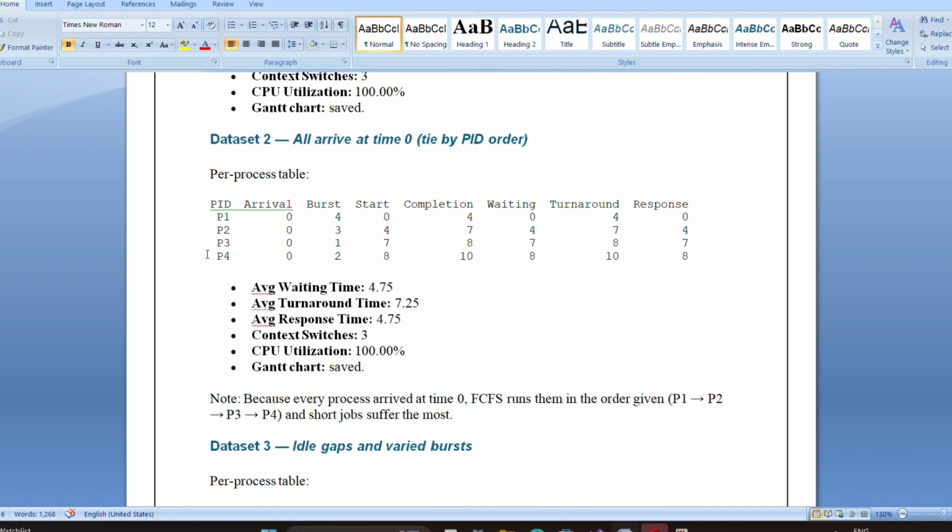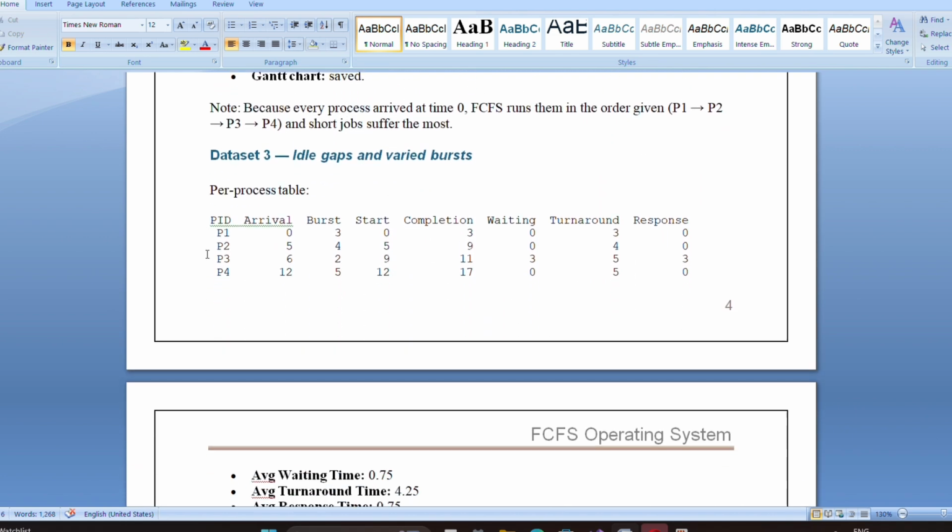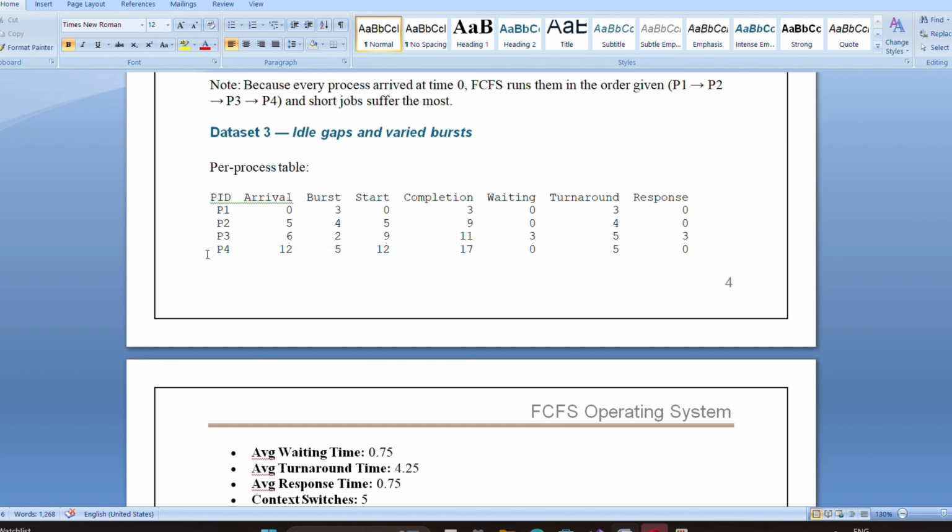We took P1, P2, P3, P4, and arrival time 0, 5, 6, 12, burst time 3, 4, 2, 5, and starting time of P1 to P4 is 0, 5, 9, 12. Completion, meaning ending time, is 3, 9, 11, 17. Waiting time 0, 0, 3, 0. TAT, turnaround time, 3, 4, 5, 5. Response time